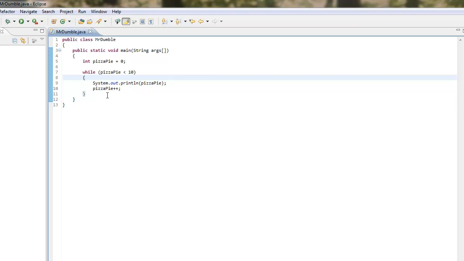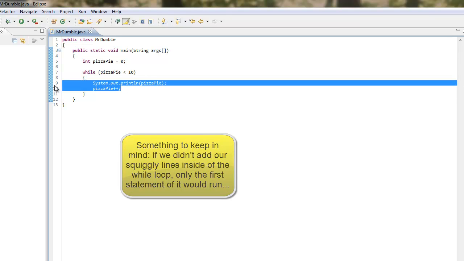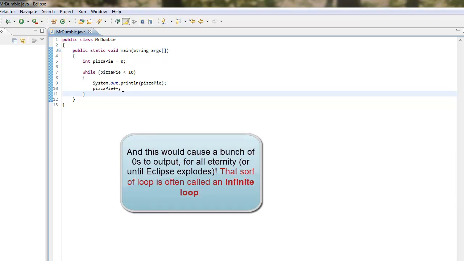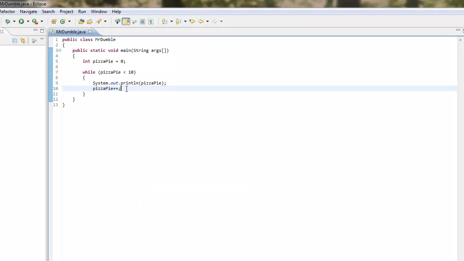A loop is what Java considers a control structure, and it makes one or more statements, this would be one, so this would be two, repeat. Each time this repeats, it's an iteration. This would be the first iteration, if you did it again, second, third, and so on for every single time.